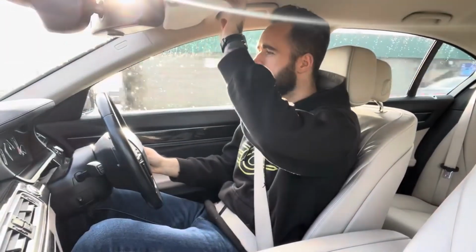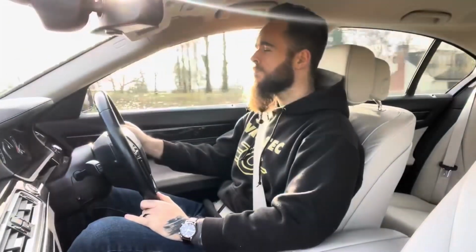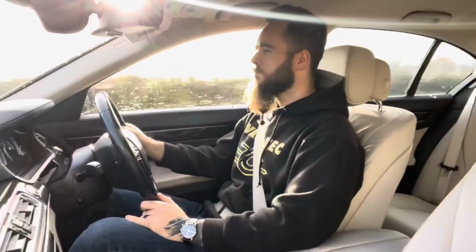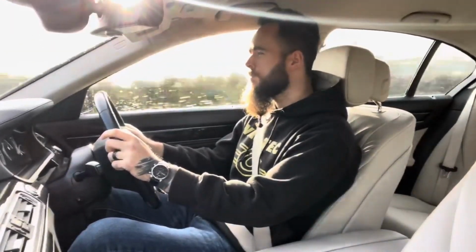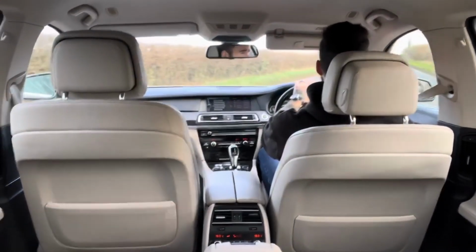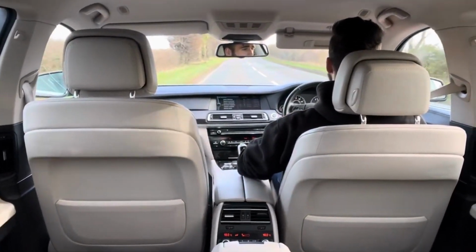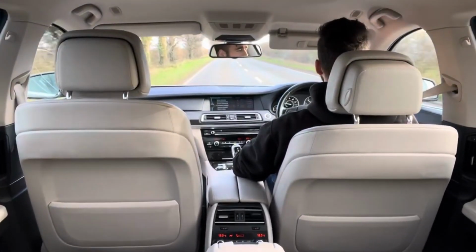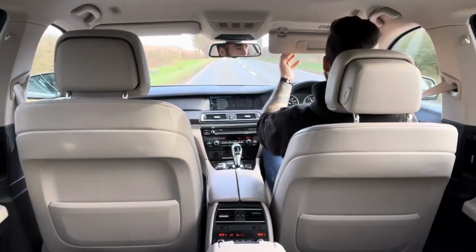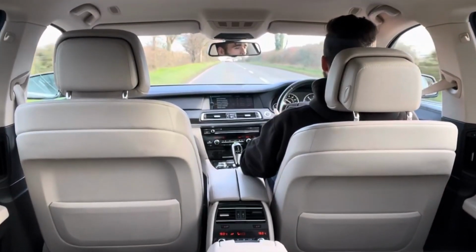It's still a fantastic looking machine, and of course being an F generation 7 Series, from the F01 through to about the F04, depending on the year and the spec you choose, it's probably, at least for my taste, the last good looking 7 Series. And of course that'll be controversial, but once the grille started to get bigger and all those clichés, it just doesn't really do it for me. The one from the early 2000s, I never quite loved it as much as I wanted to. In terms of design, the E38, the one from around the mid-90s, which was a Bond car for a little while,